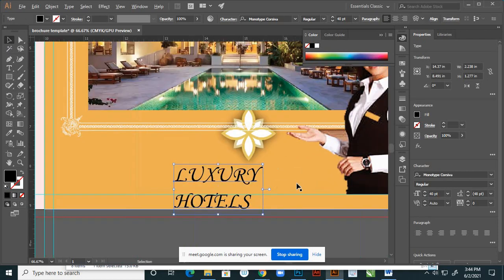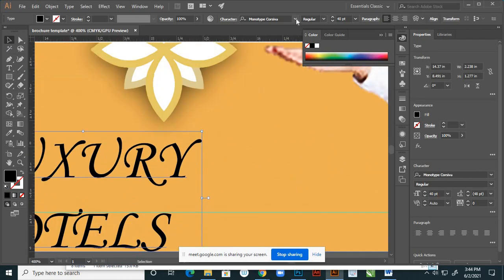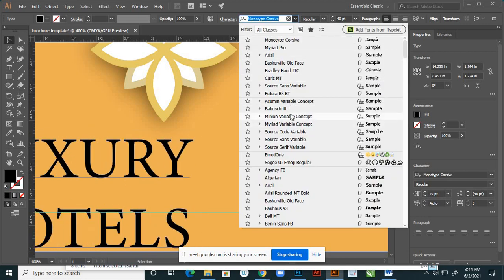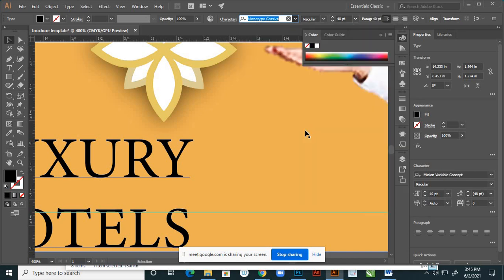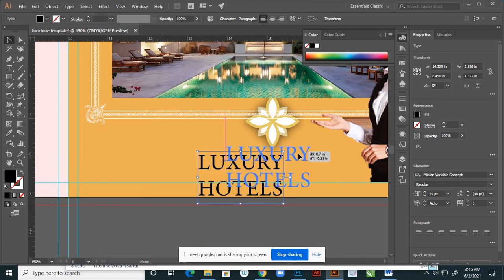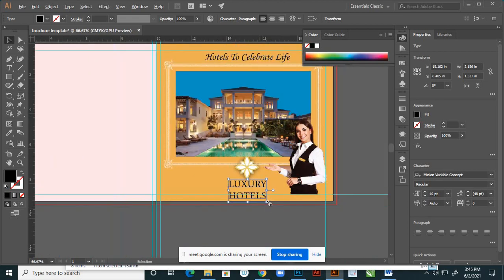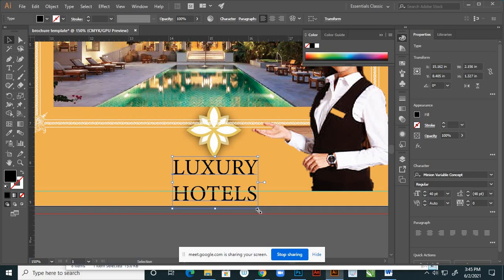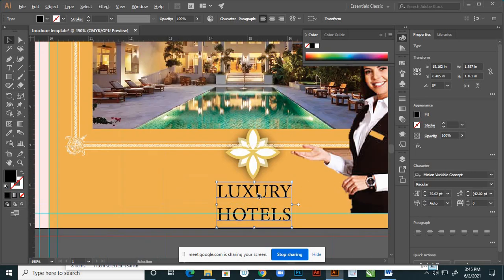Change this font to, yes, variant, this font Minion Variable Concept, right? This is I'm using because we have to show the richness. The font also itself, it tells the story, right? This is right.